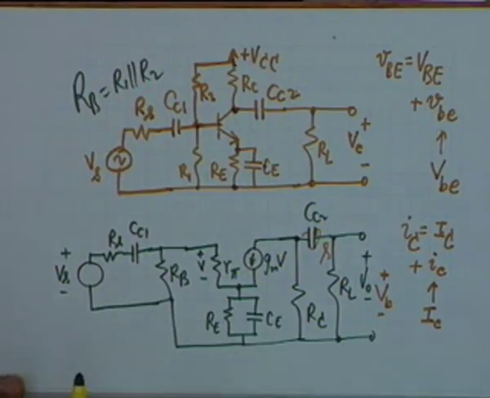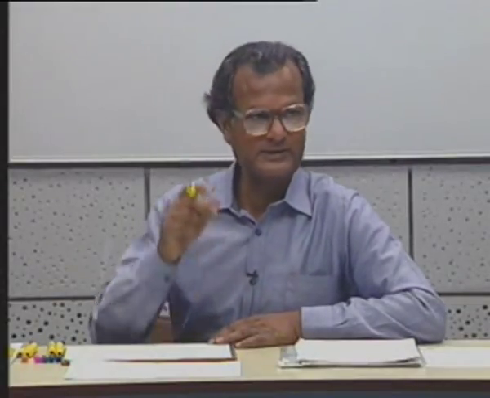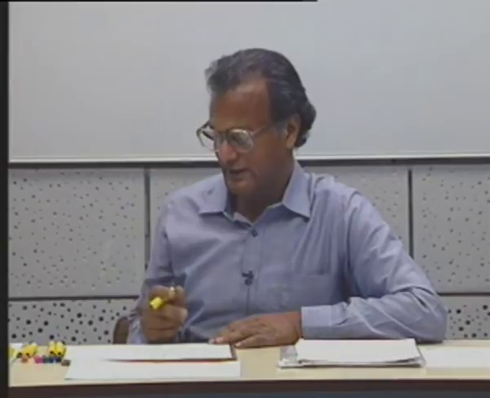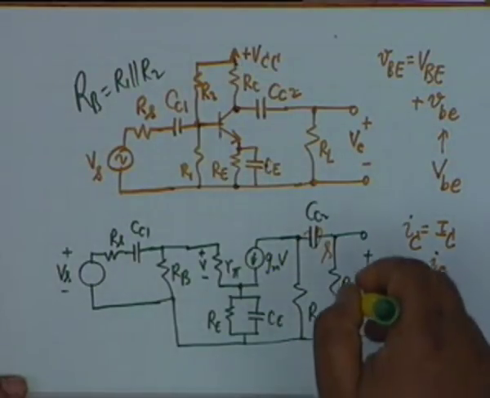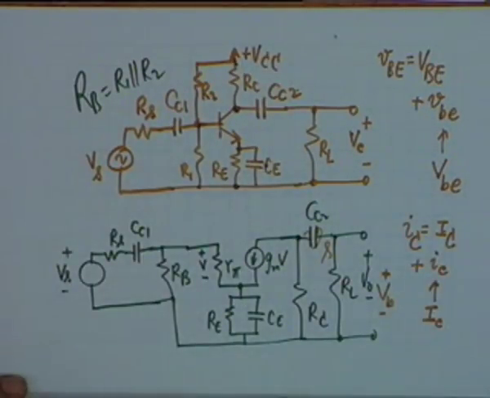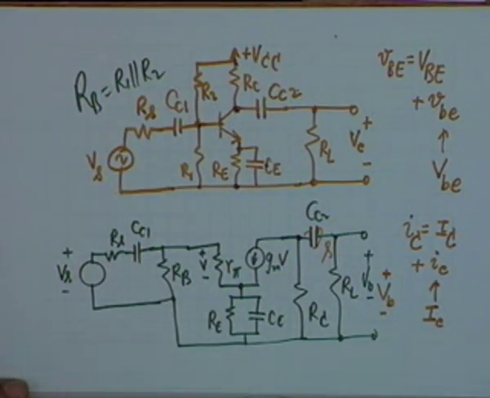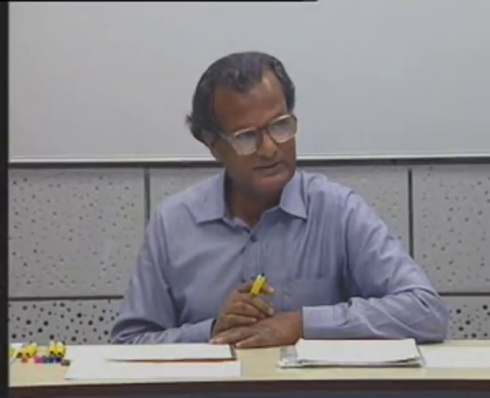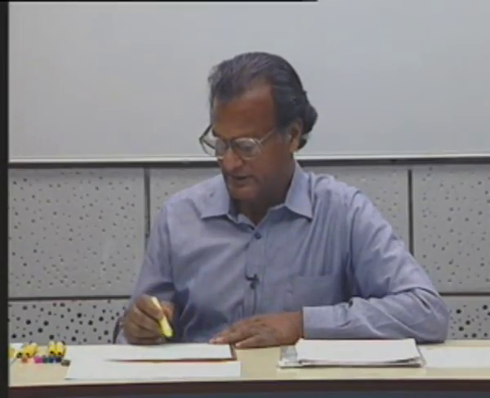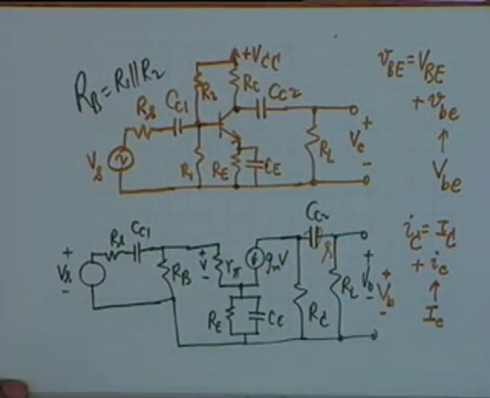So, in order to determine the performance characteristic of this amplifier, that is the amplification property, we have to find out by circuit analysis V0 by Vs. That would be the gain of the circuit. In general, because there are resistances as well as capacitances, this gain would be a complex quantity. You will have to replace the capacitors by 1 by j omega C.